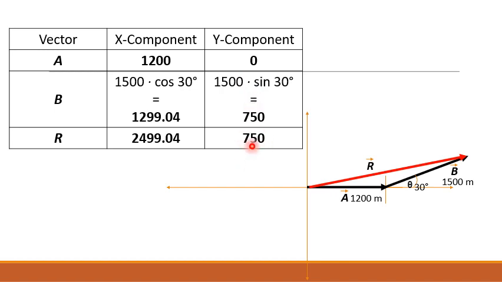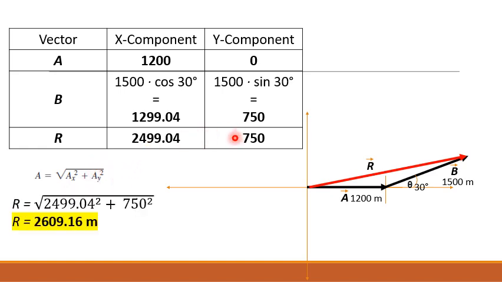Okay, take note, we always have to use the correct angles so that we can arrive at the correct answer. To get the resultant, we have to get the square root of the sum of the squares of the components. So that's 2,499.04 squared added to 750 squared. Get the square root of the sum of the squares. The answer is